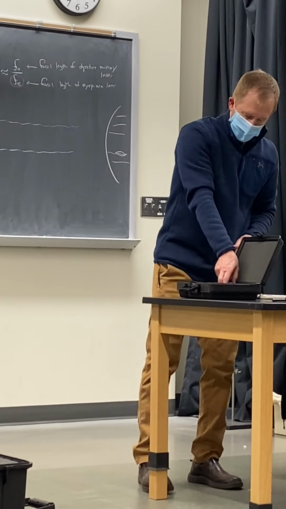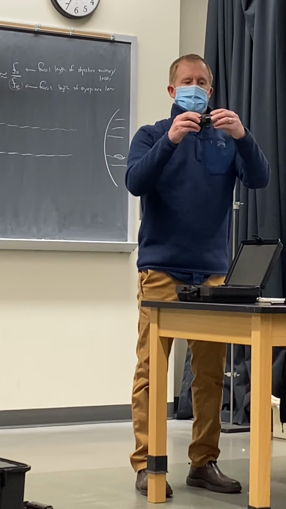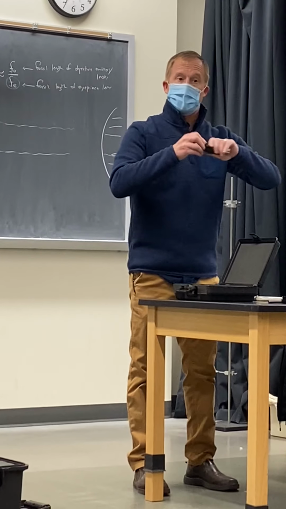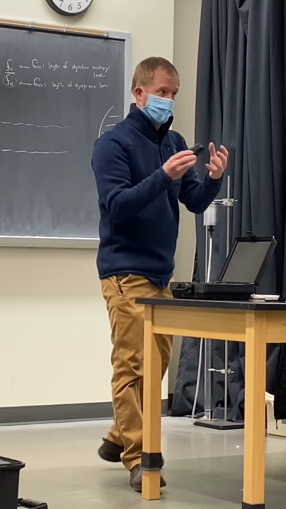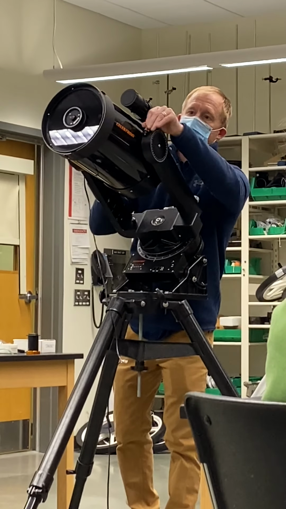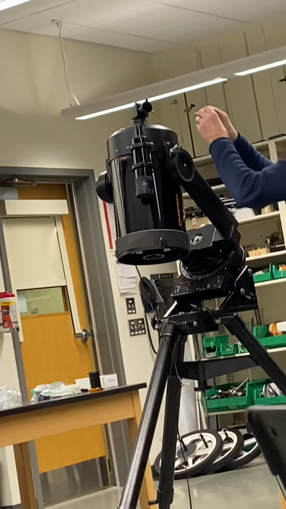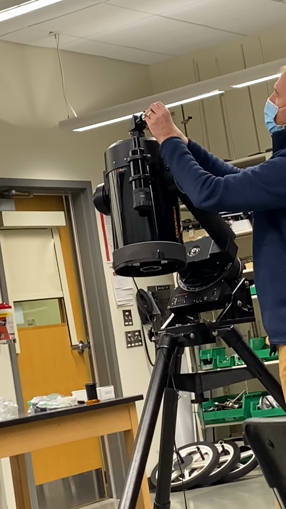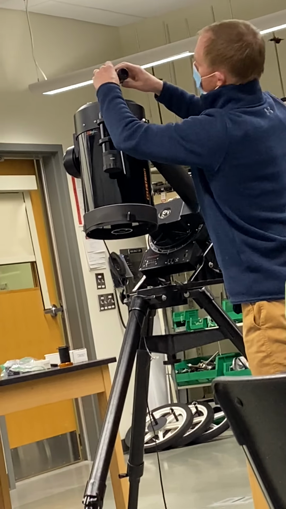So let me just start with this big one right here. There are caps on these, so you have to pull the caps off. And it's good to keep the caps organized so you don't lose them, because it's really important to keep these lenses covered so you don't get smudges and dust and whatnot. So you'll take a lens like this, and this will fit into the star diagonal up here. There are these little thumb screws. You can back these out a little bit so it slides in nicely. And then it just clamps down in there just like that. And you'll want to make sure it's screwed in tightly, give it